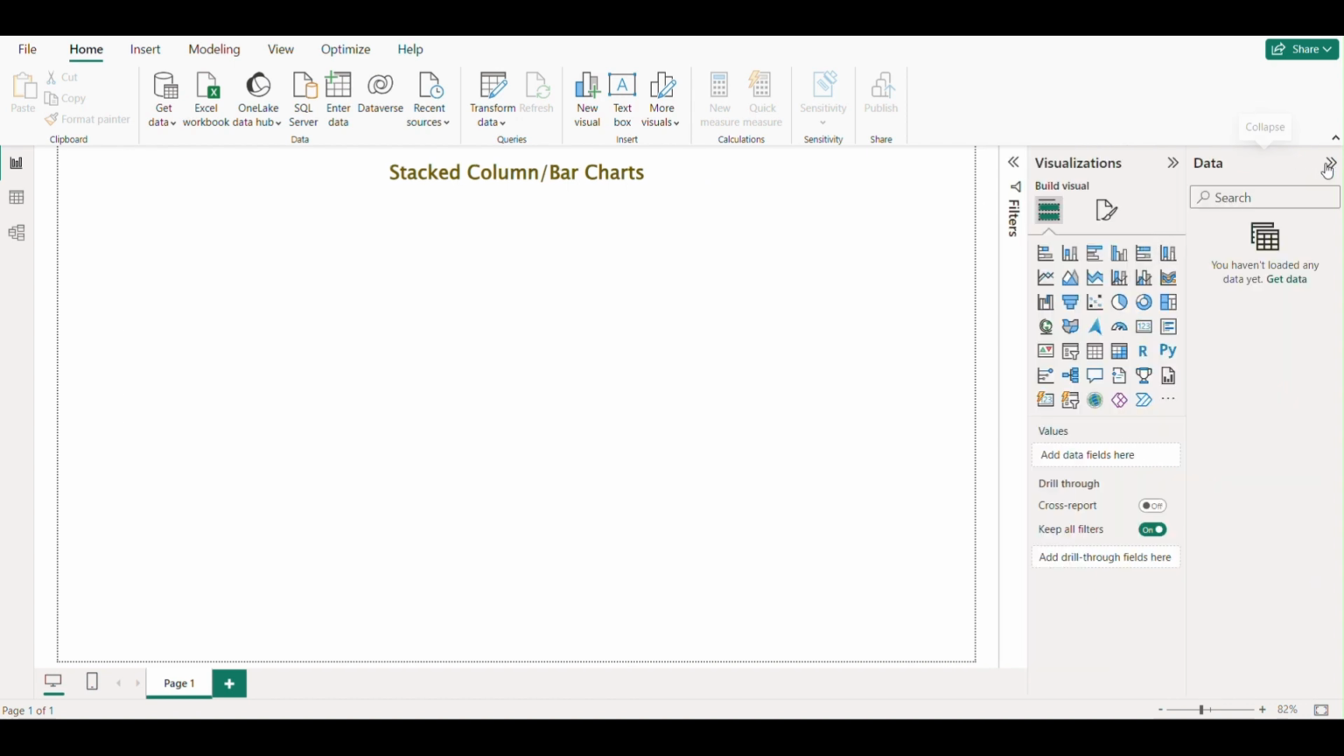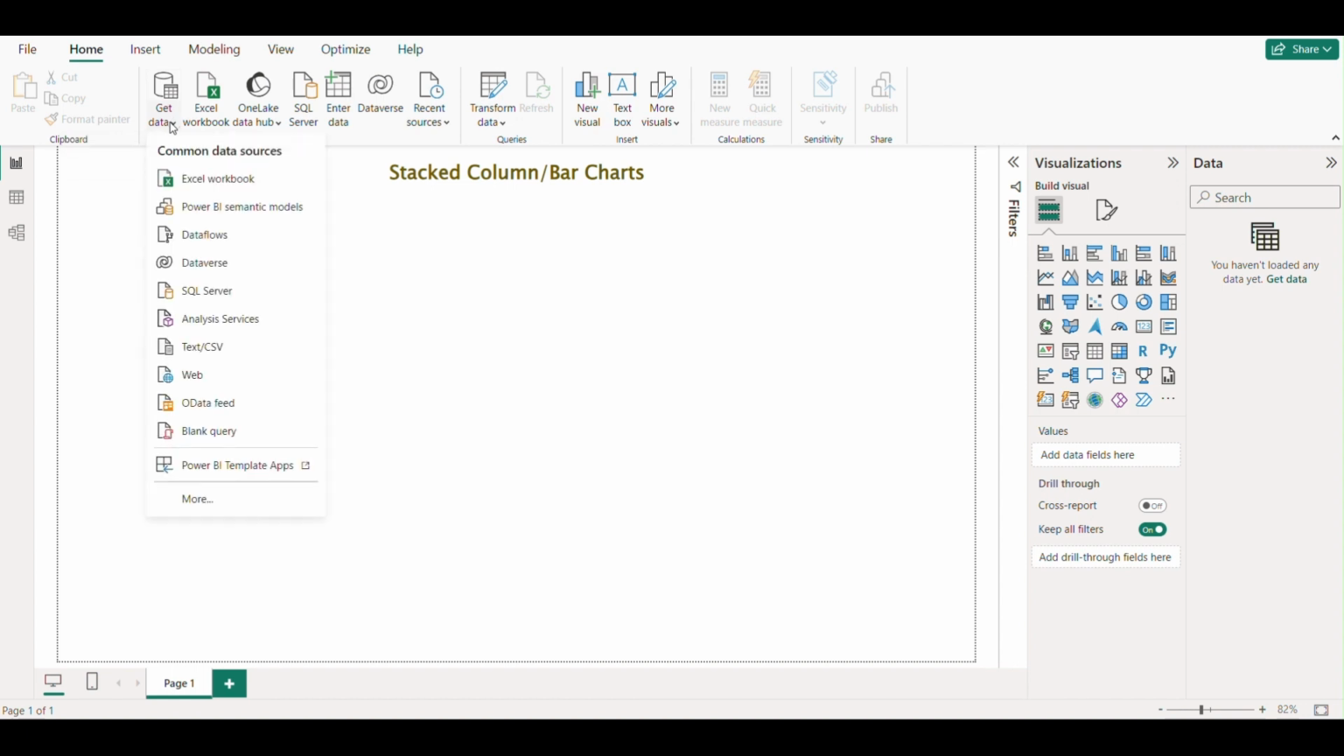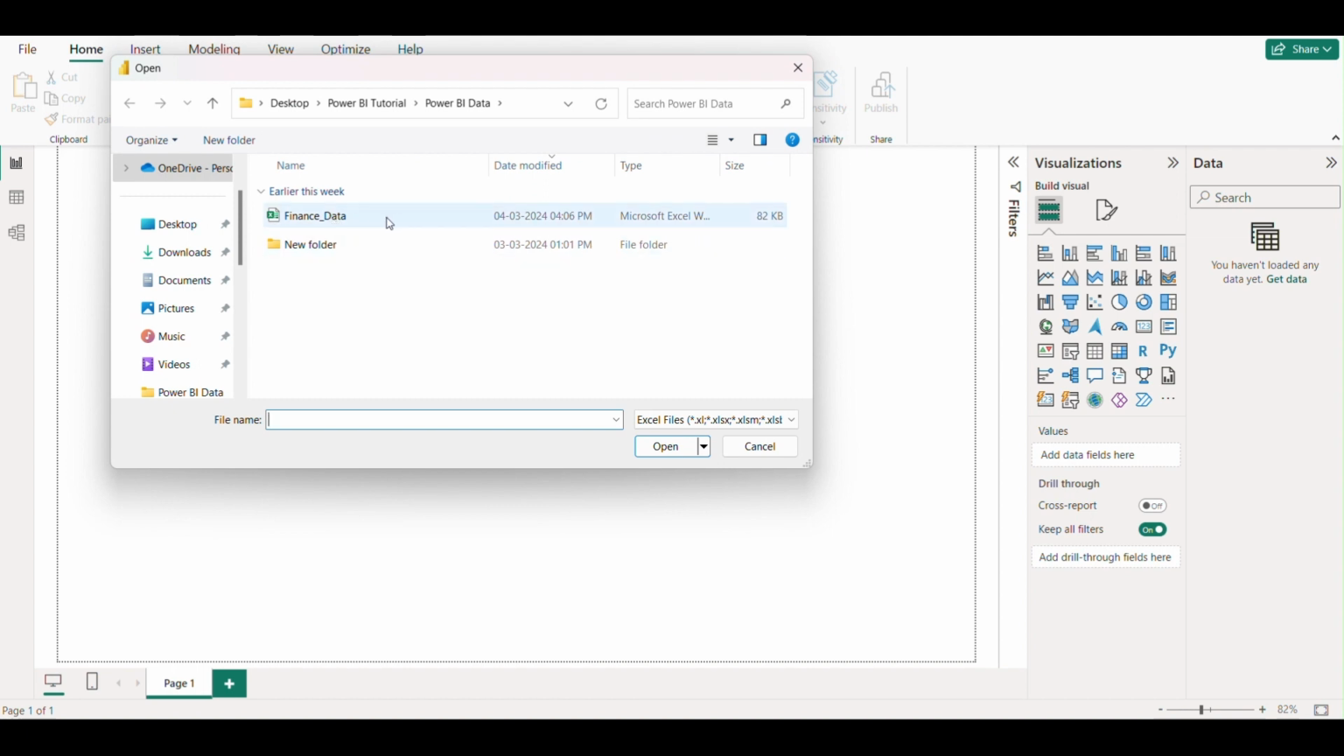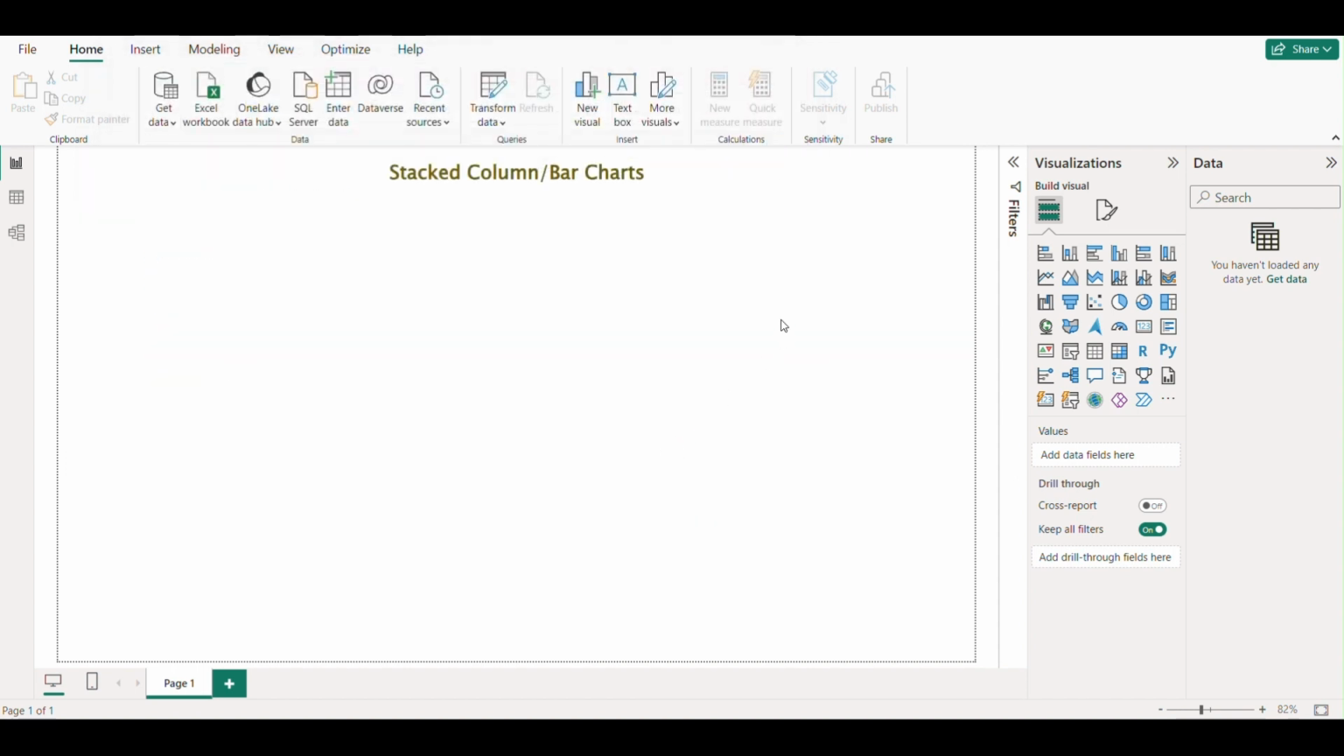So let's get the data first in our Power BI so that we can use that to create the visuals and understand the trends in the data set. Before that, I will tell you that my data is in Excel form. We have multiple options here to get the data. I'll click get the data and click on Excel workbook. I'll load this data set, financial data. I'll just open this and